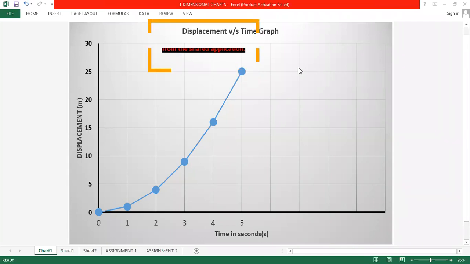Very good. So now we have discussed all the cases of the displacement-time graph: when the object is at rest, when it is moving with uniform velocity, and when it is coming towards the initial position. Then we have seen the slopes, what the slope represents, and what the difference in slope means. And we have also seen the last case, where the object is moving with variable velocity. Now we will start with our assignment.